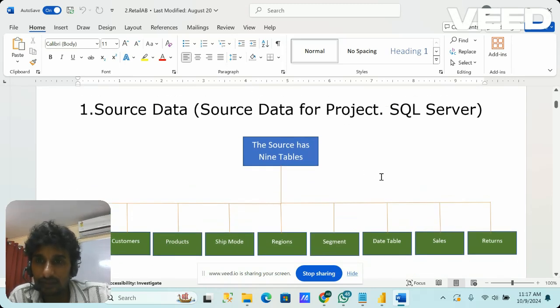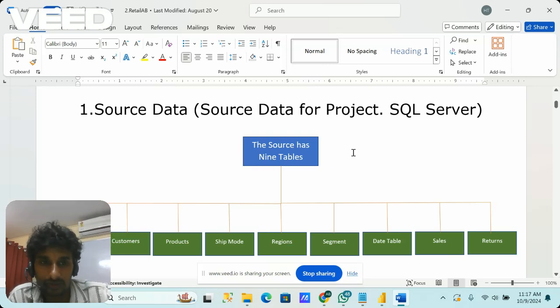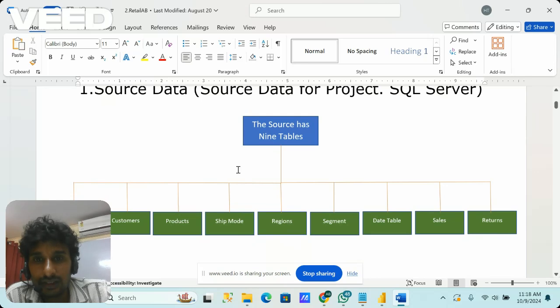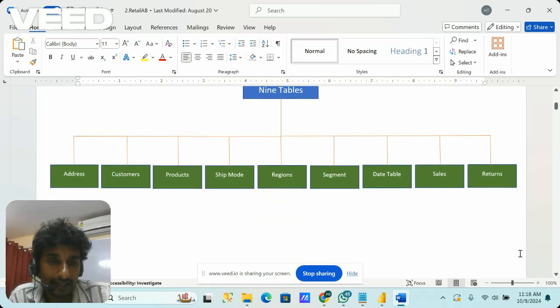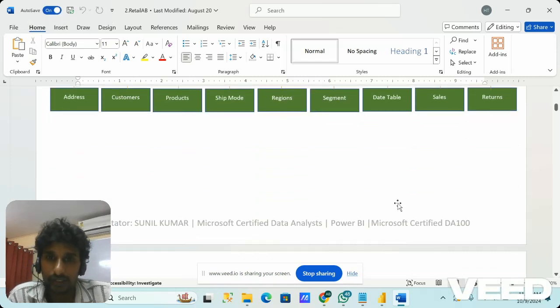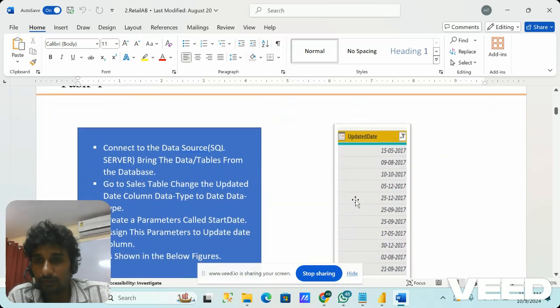See, the first task is giving the source data. Source data is nothing but the main data. So based on the source data, you can understand the source data. You can bring those source data tables into Power BI, connect to Power BI Desktop, and we do some data modeling, right? So first here we have a database. In that database, we have multiple tables. One is address, customer tables, product table, ship date, ship mode, and region, segment, and date table, and sales and returns. Okay. Once you connect all the data sources into Power BI,